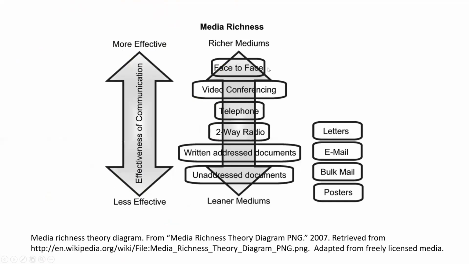So the richest medium would be face-to-face because, of course, you're able to see expressions, reaction, engagement. We're used to this kind of feedback in the discussion. And as we go down the chain here, video conferencing, telephone, two-way radio, documents, unaddressed documents, those are leaner mediums, and therefore they can be less effective in detecting clearer communication. So you want to mix it up. So you want to use emails with face-to-face webinars,